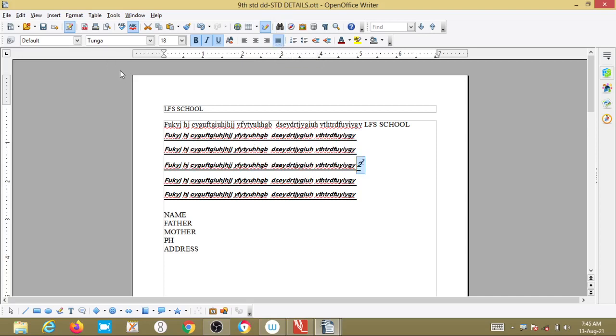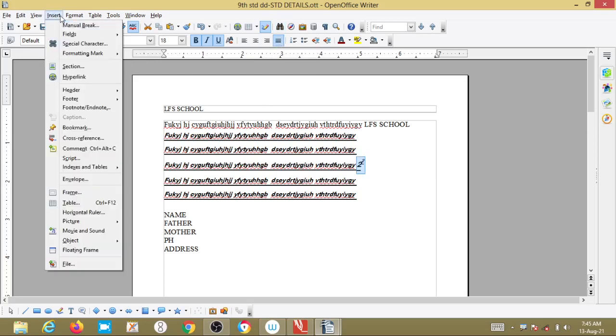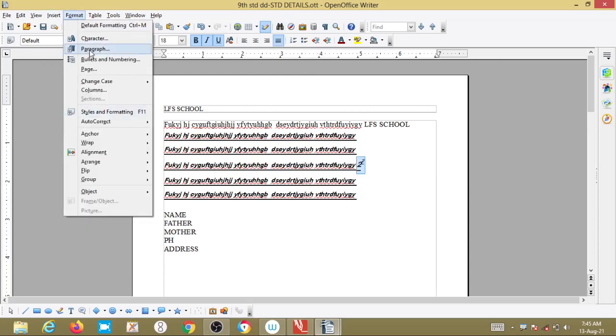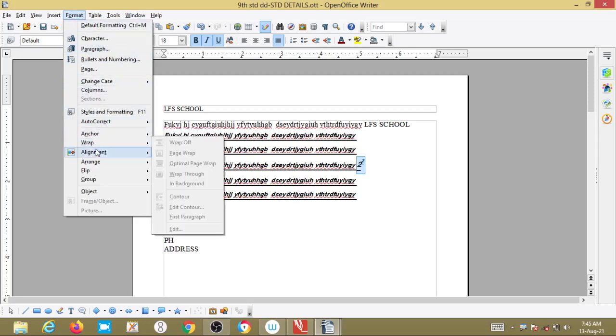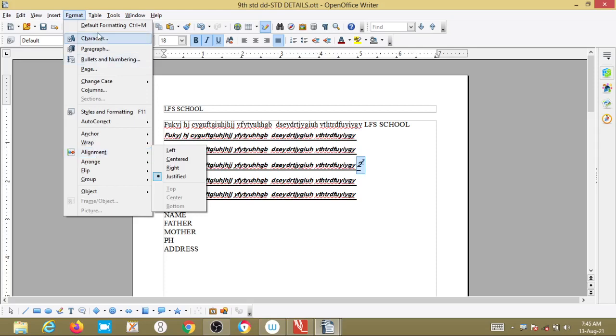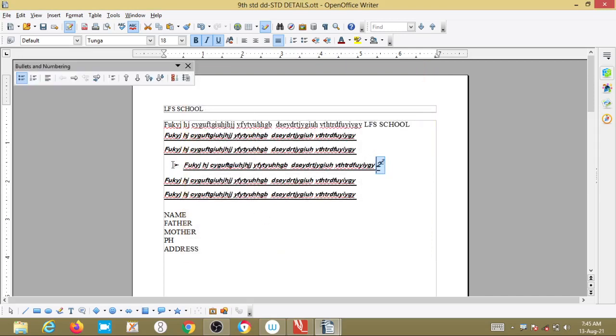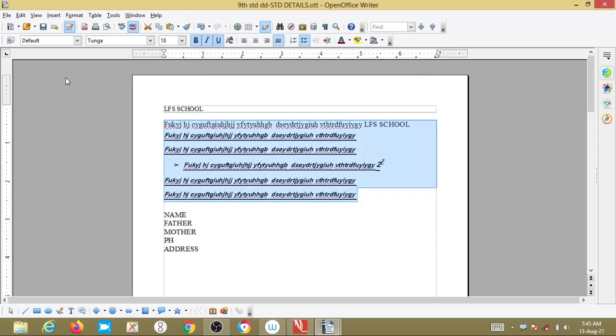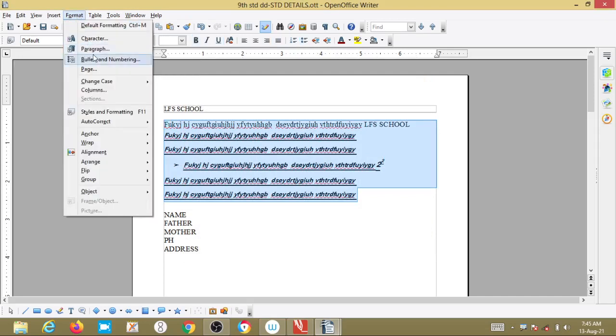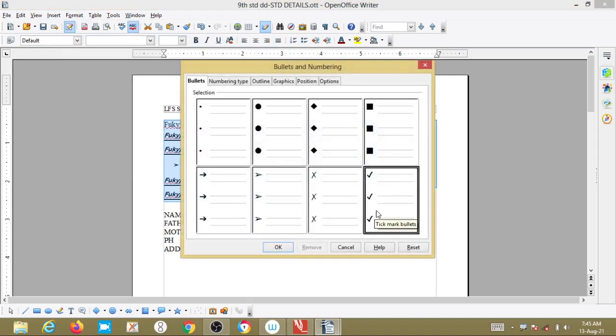Clear now? Then Insert, this is the Format, whatever the different applications here, anchor, wrap, alignment, you will study in your next standard. These are the basics only, you try to understand. Bullets and numbering is there. In Bullets and numbering, whatever style I want, I can select this and give OK. For this line you will get that particular format, or if you want bulleting and numbers for each line, then you will get that. If you want to change this format, you can select that one.